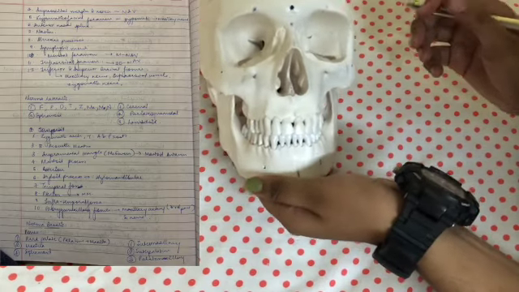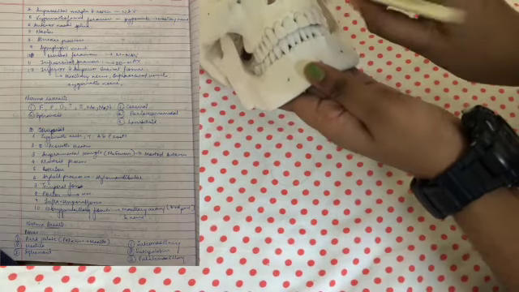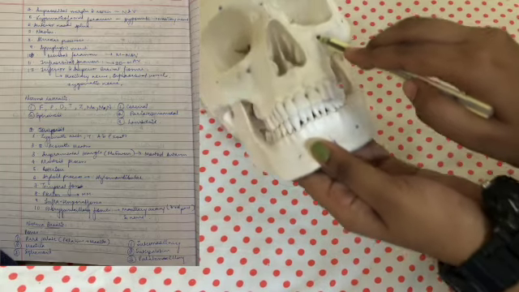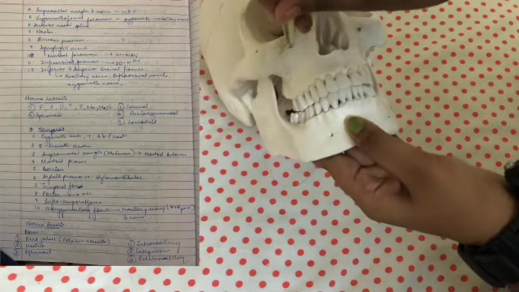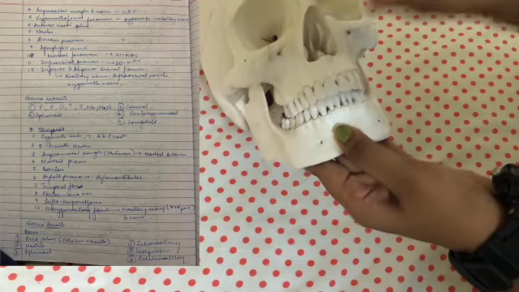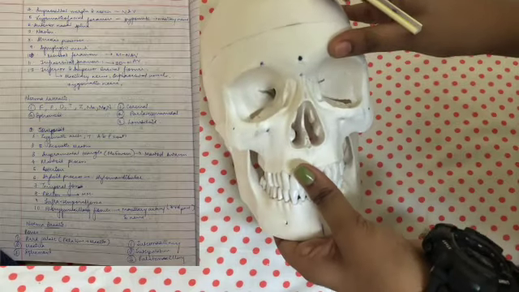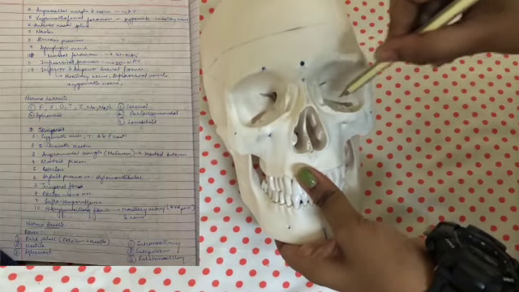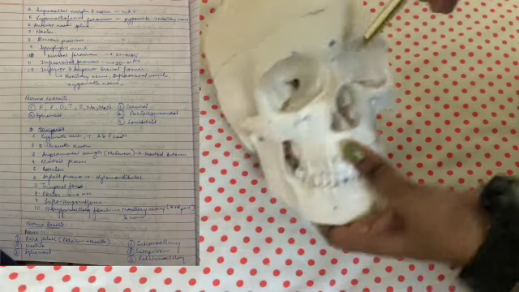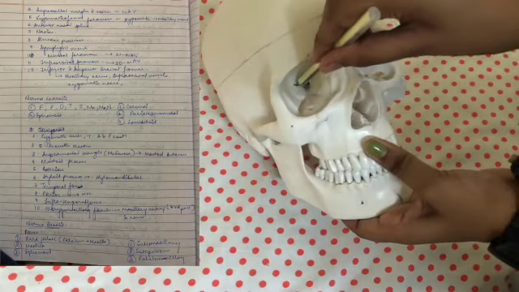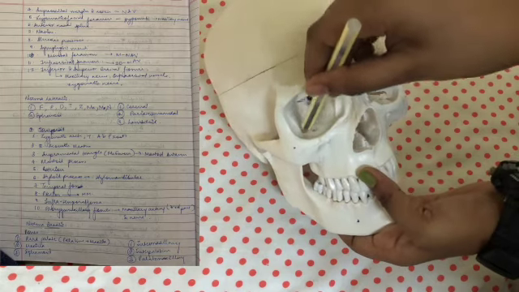Infraorbital foramen, infra means below. So below the orbit, you have infraorbital foramen, which transmits the infraorbital nerve, artery, vein. Finally, you have the inferior and superior orbital fissure, which I will be talking about more when we learn the cranial cavity in the same video. So now let us move on to norma lateralis.